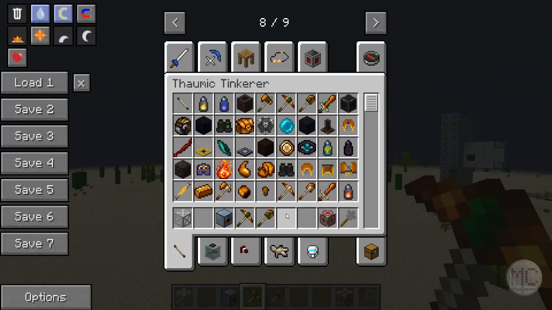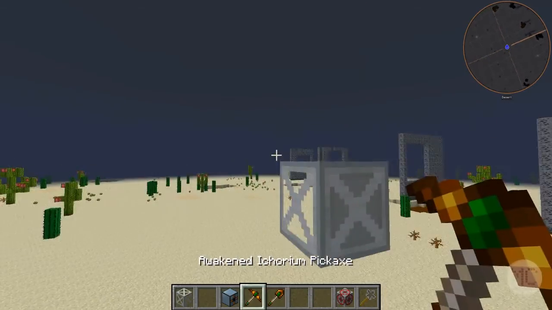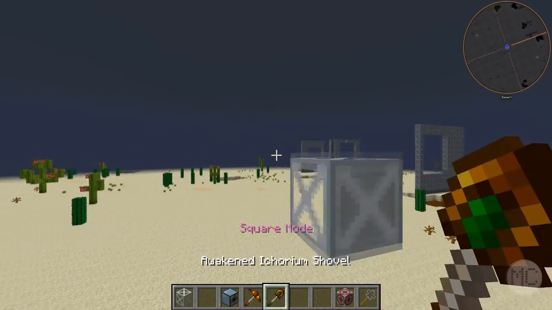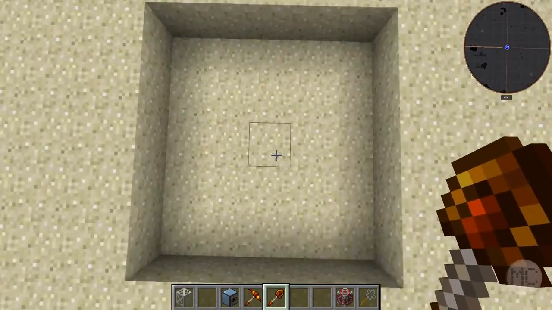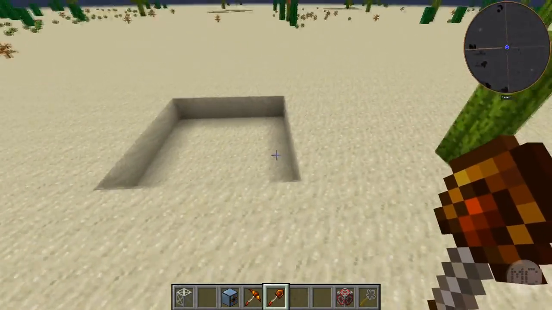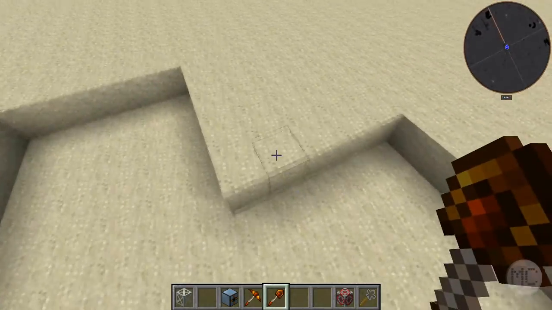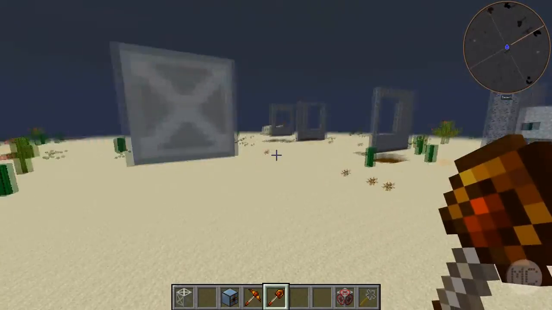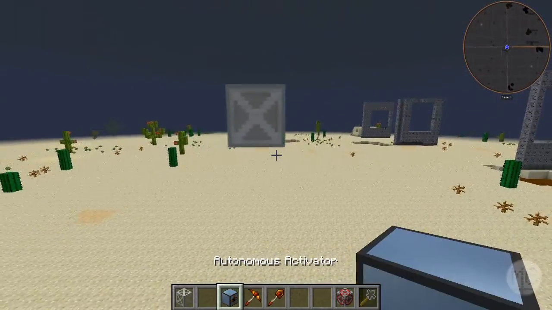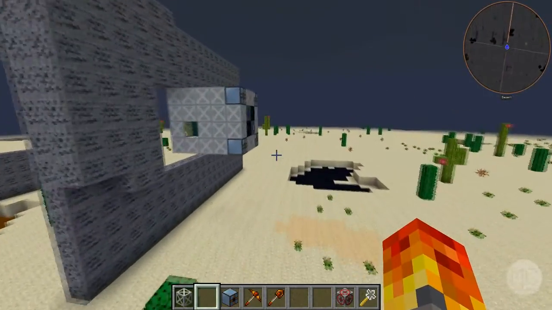quality on the dig, because you can put these into different modes. So you can do square mode, that's what we're going to be using them in. Square mode just allows you to make a hole that big on every single hit. So every single hit, it will make a big massive hole. So we're going to be using those, and then the autonomous activators, as we're also going to be using